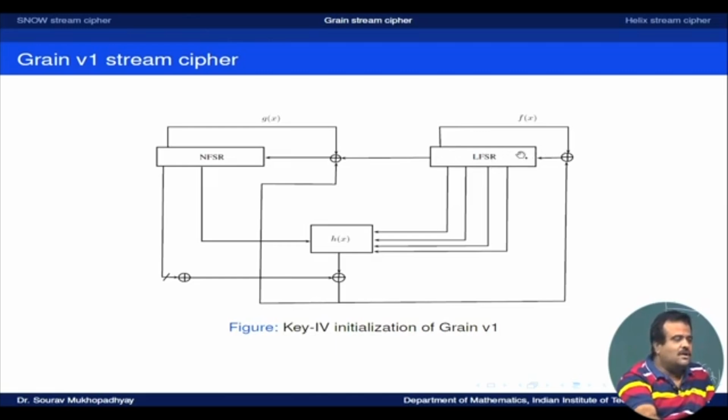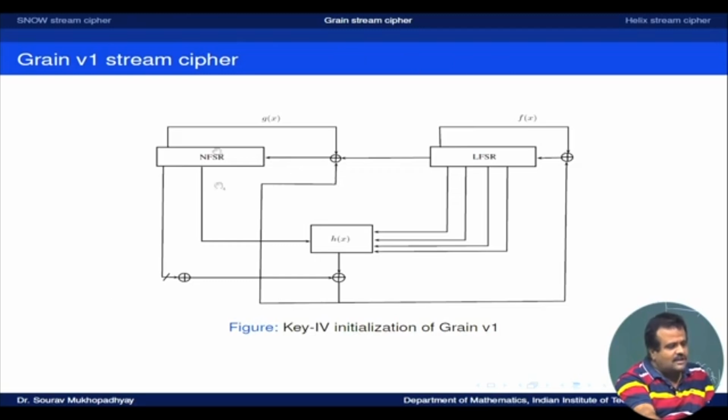So we put the first 64 bits of the LFSR with the IV, and the remaining 16 bits with 1111 like this. Okay,